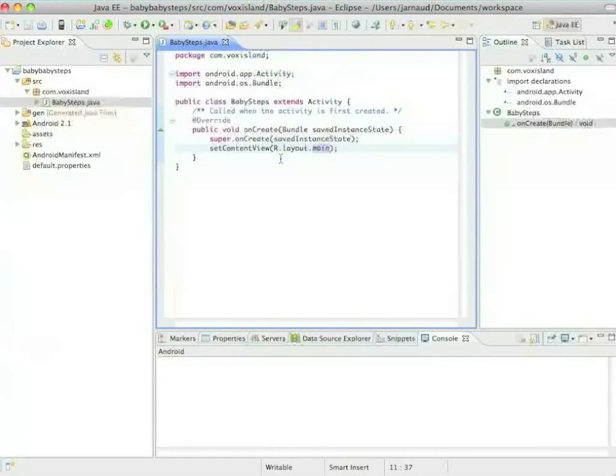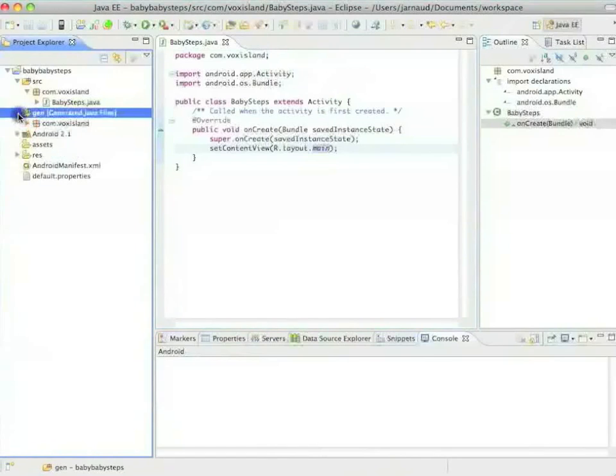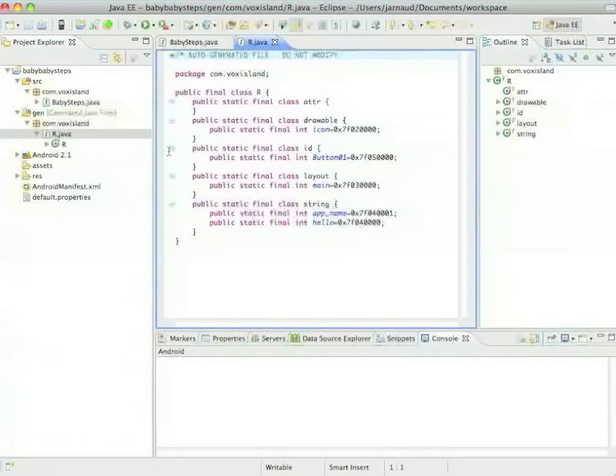Another thing very interesting that I'm going to show you right here is this autocompletion. R, which is an object, dot, and then the environment is showing me what is making sense, which for me is R.layout dot. Once again, I have some help here. R.layout.main. Very convenient. So save that, and we're going to go to the gen directory where I see my package, and I see a